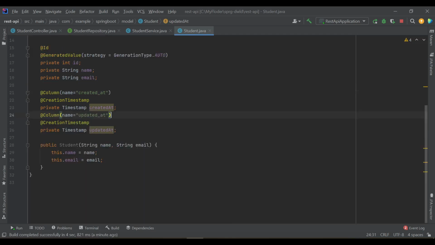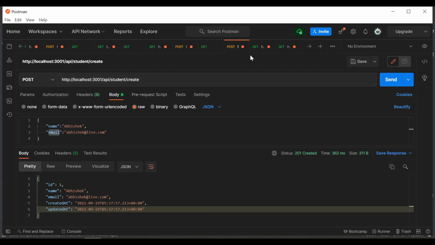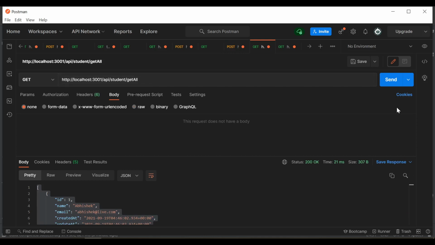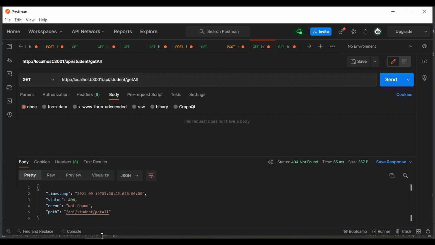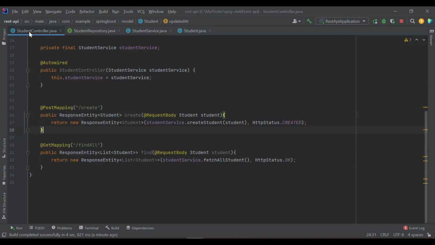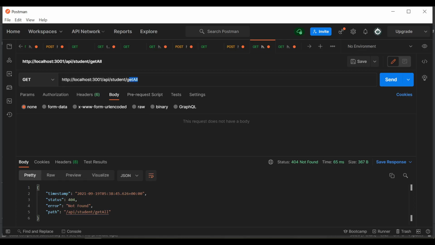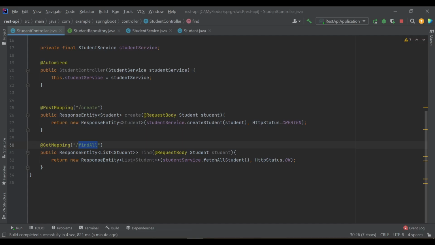Okay, so now let's test the get one. So what's happening? Okay, it's find all. Let's do that. Oh, in find all we don't need a request body, my mistake.